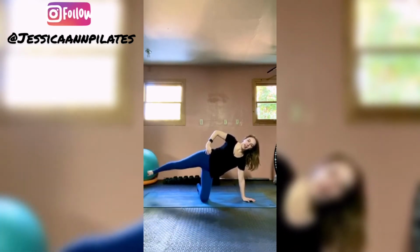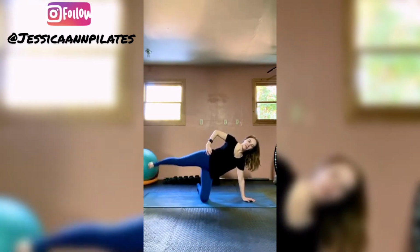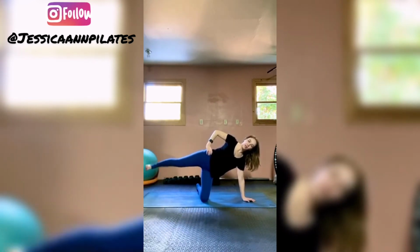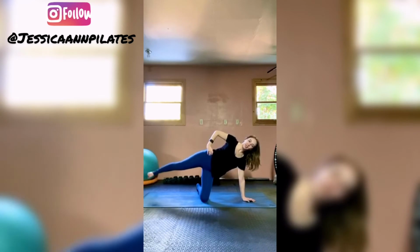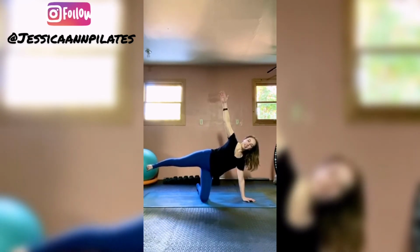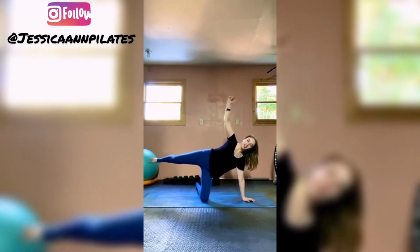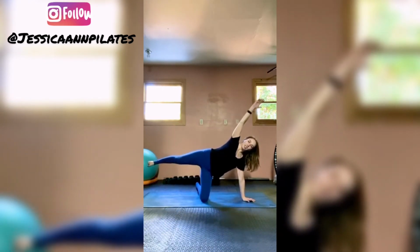Go the opposite way. Focus on that length of the leg. Imagine that leg's being pulled away from you. 5 more. 4, 3, 2, hold that leg lifted, take your hand up to the sky if you can, and then let's crunch it out, knee to elbow, and reach it long, knee to elbow, and reach it long,